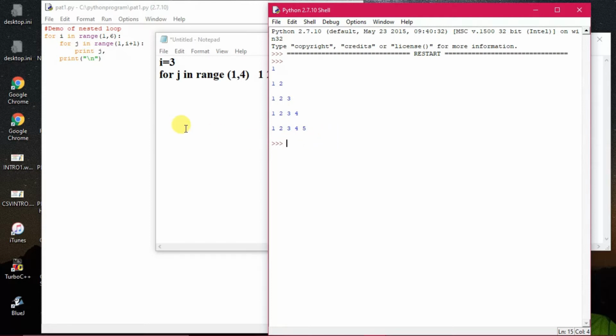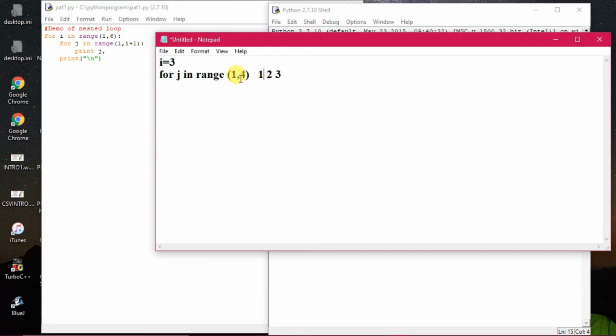So that is the functionality of the nested loop. Now next, what is happening when it is coming to 1? When the inner loop starts running from the value of 1, then what is happening? 1 is within the range, so the first time it will run. When the value of i is 2, then what is happening? 2 is within the range, so two times that will run.